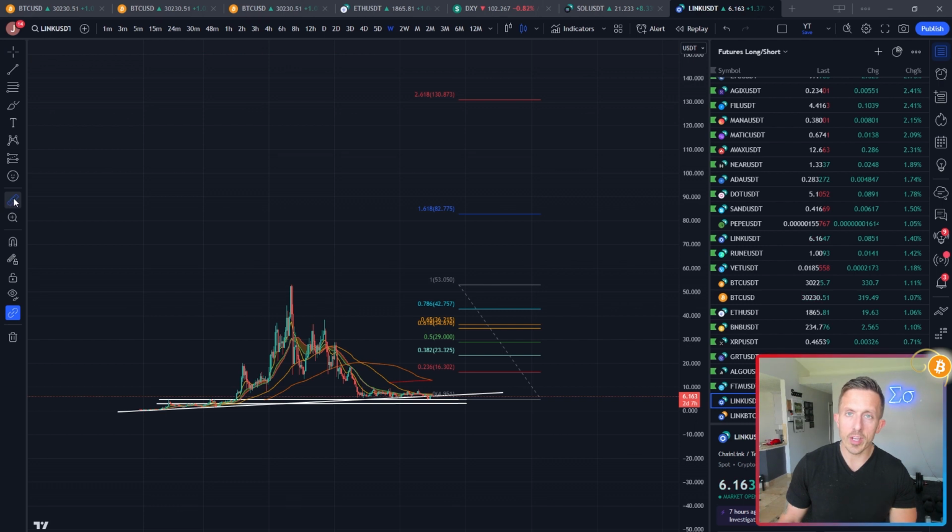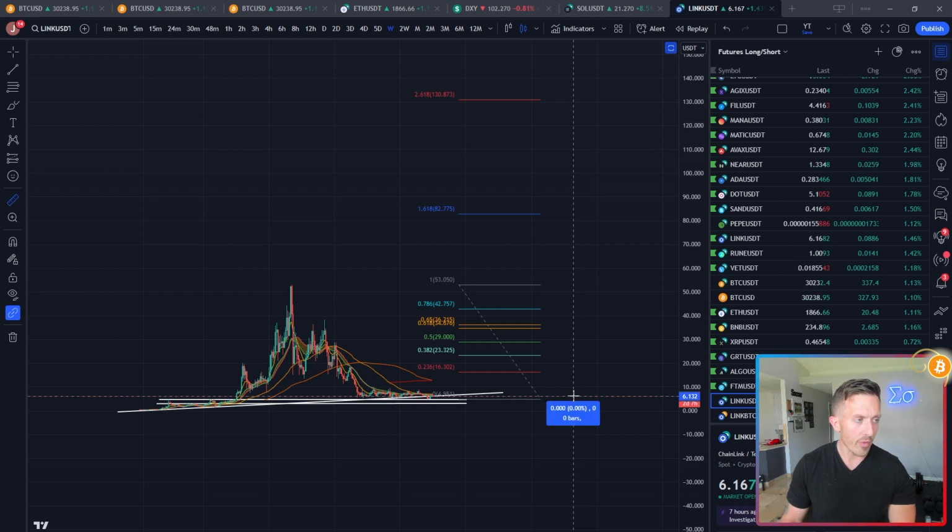If Chainlink were really to catch a bid and catch investor confidence, which I don't see why it wouldn't, because it's so fundamental to the crypto space as far as interoperability between blockchains. Chainlink has not historically been a sexy play, but why it can't be, I don't understand. If I were to pick a coin that's going to be around in 20 years, the one I would pick other than Bitcoin and Ethereum would be Chainlink. I can't think of anything else that would have more long-lasting potential than Chainlink.